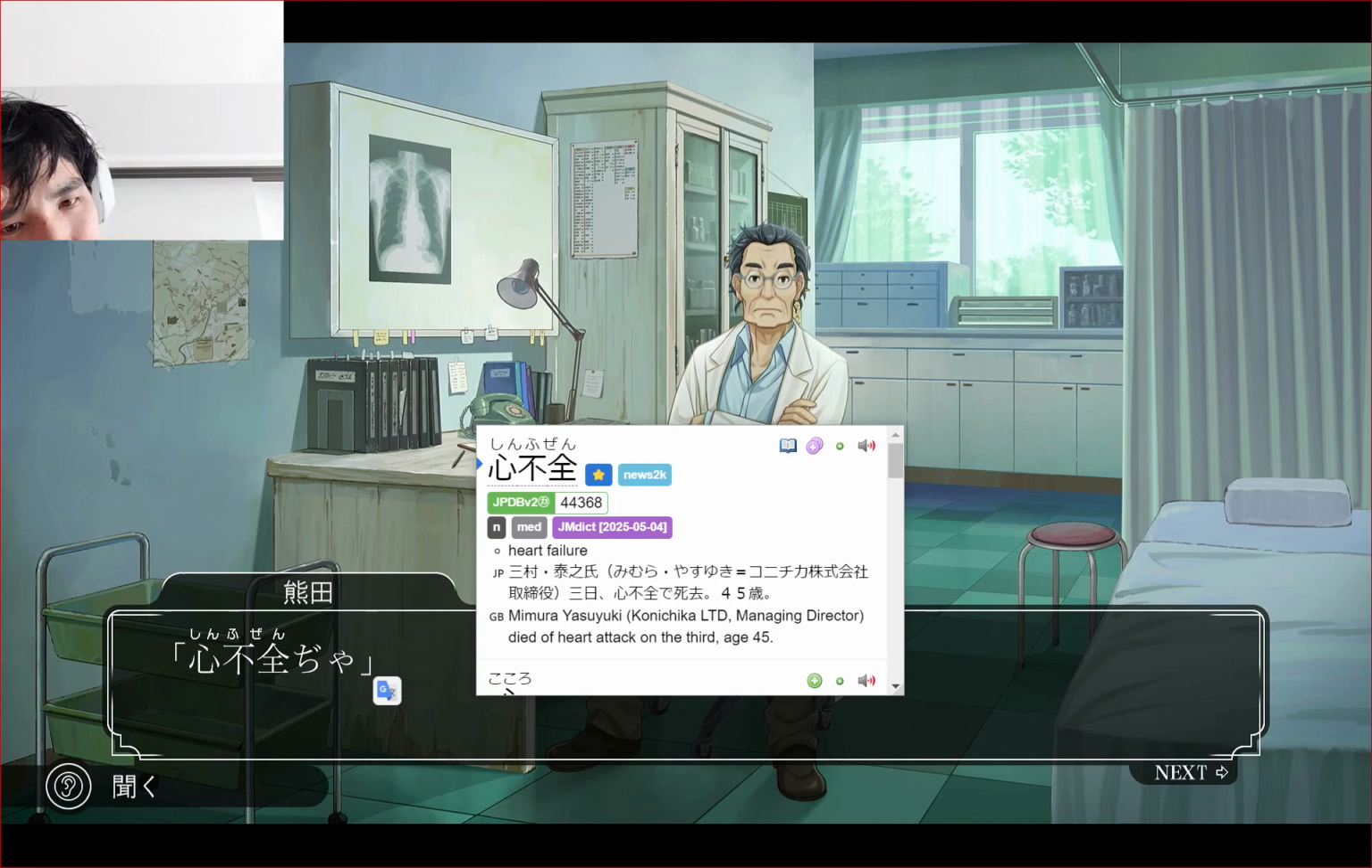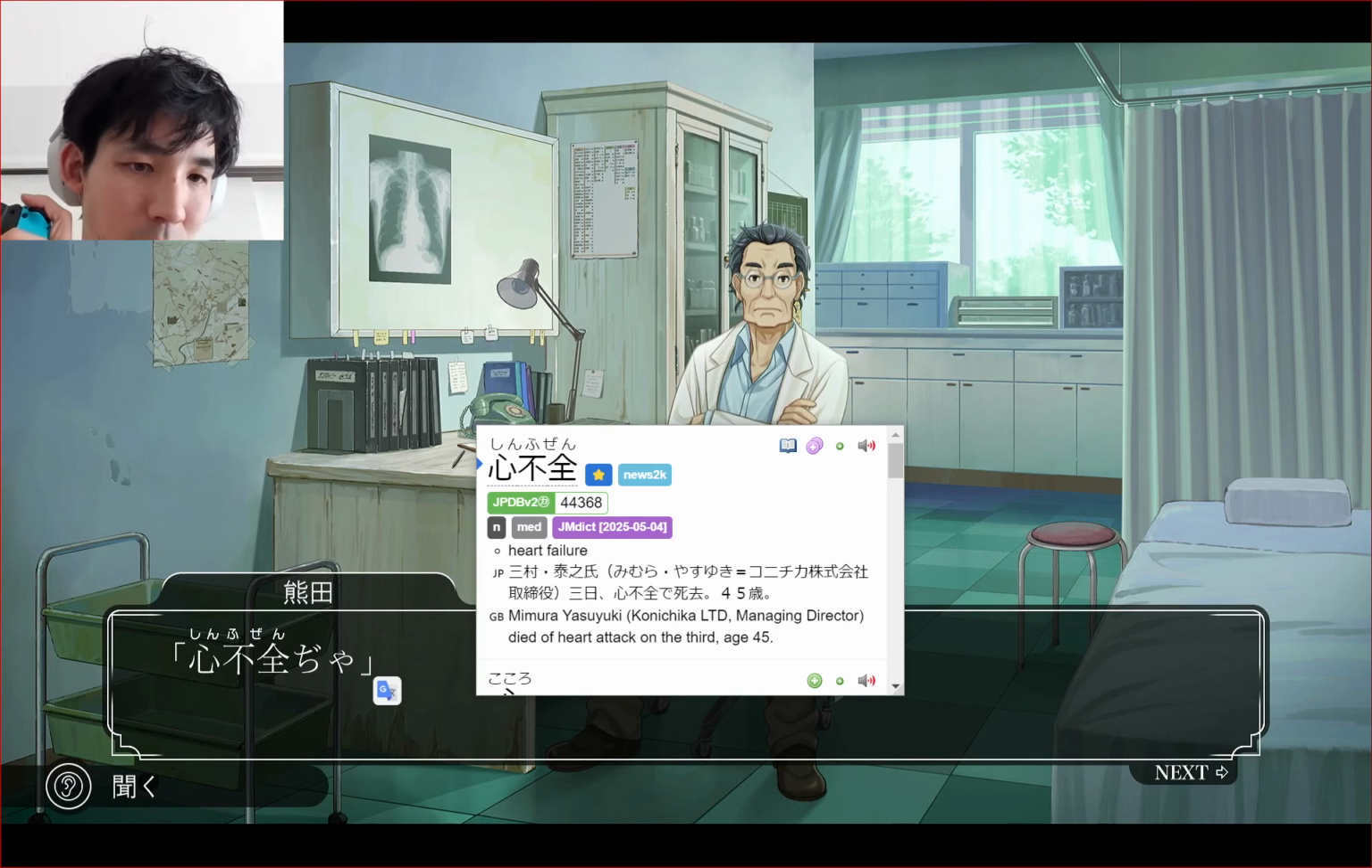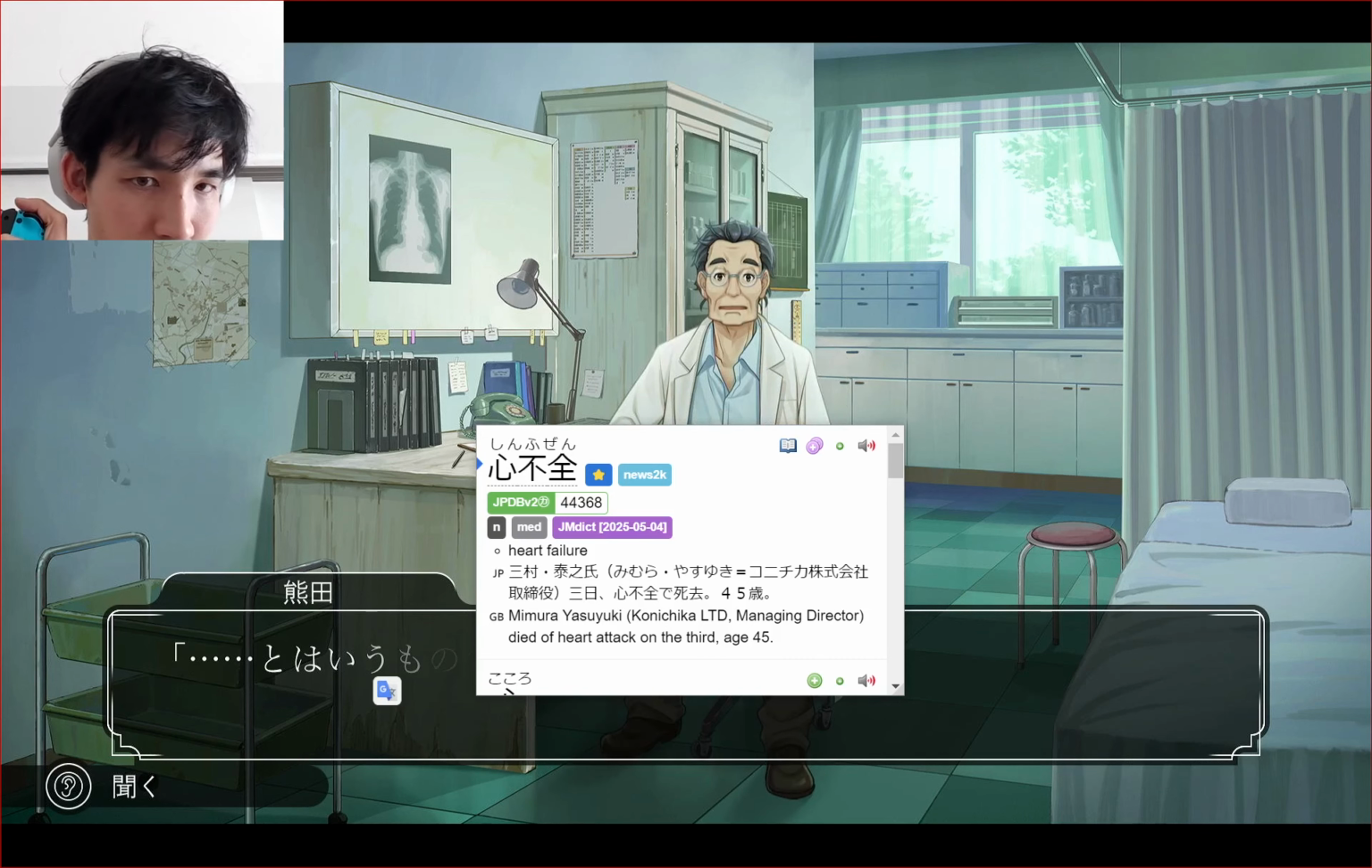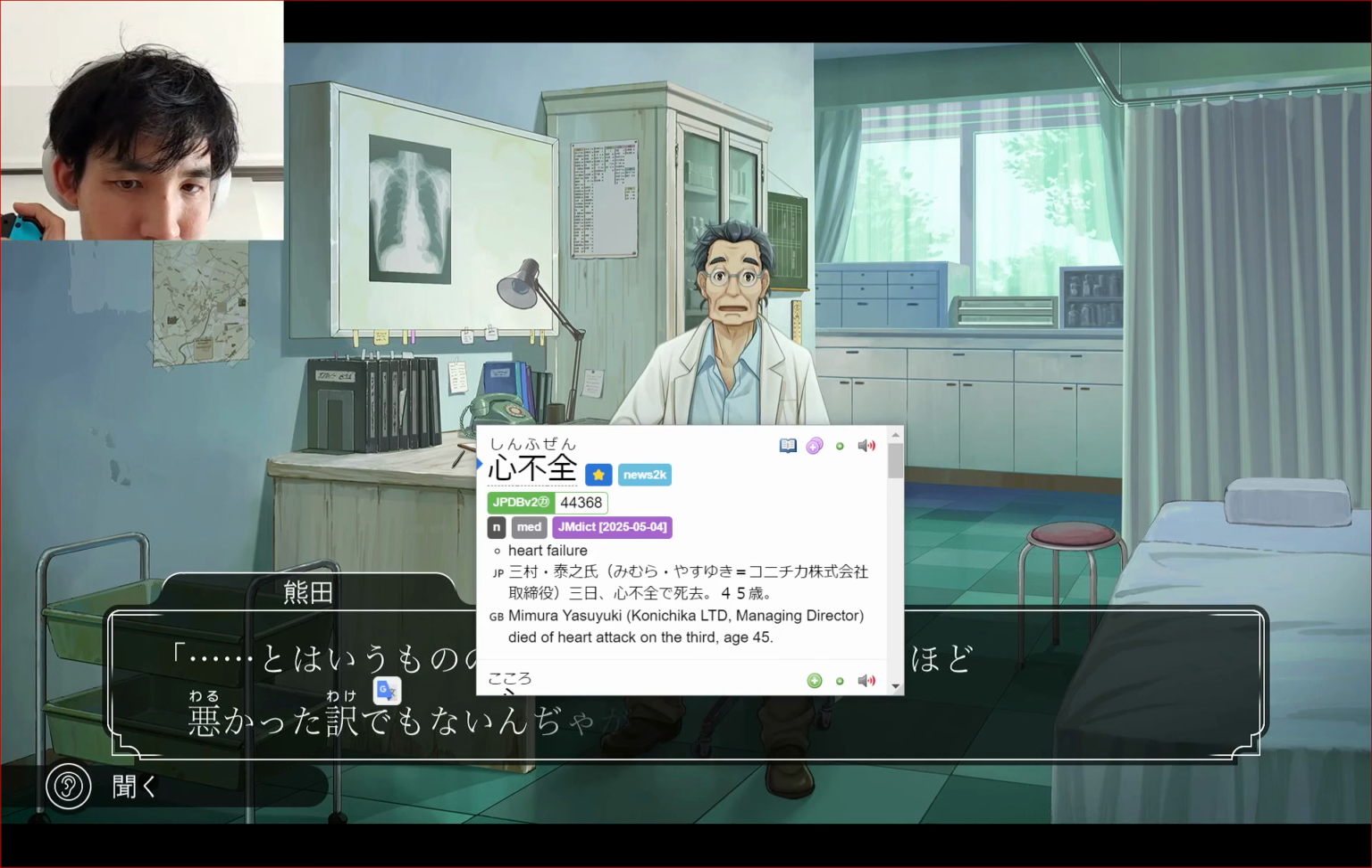Or shinfuzen ja, like ja arimasen, janai? とはいうものの、こんな急に亡くなられるほど悪かったわけでもないんじゃが。